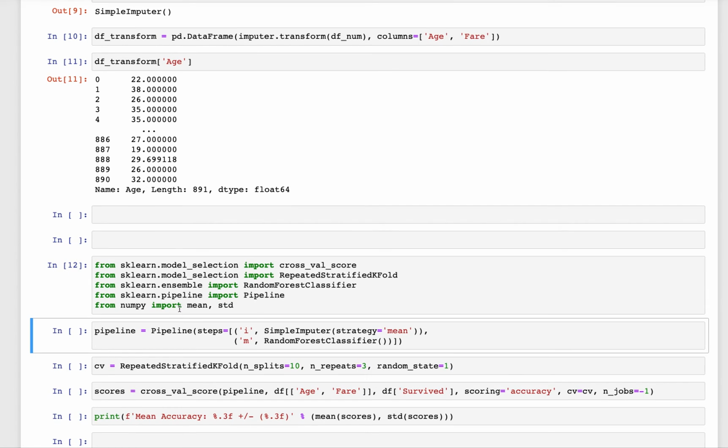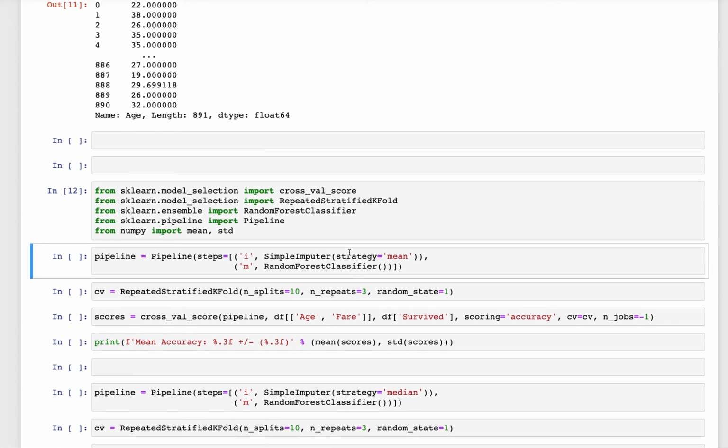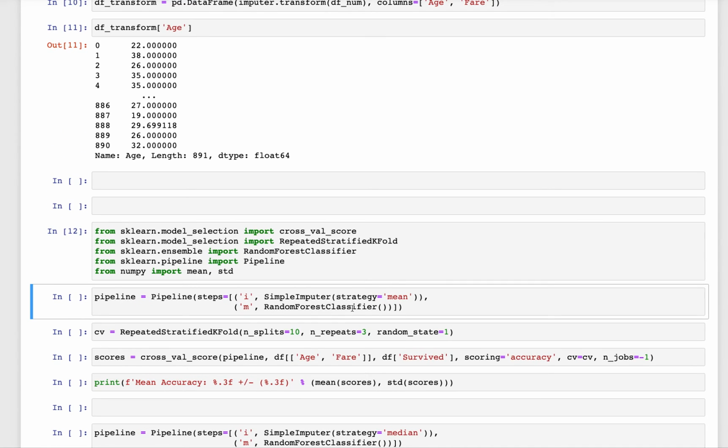I'm using a random forest model, and I will create a simple pipeline which includes the simple imputer, called with the mean, and the random forest classifier. I will do a careful cross validation with 10 folds and use my age and fare columns as my independent variables and my survived column as my dependent variable.